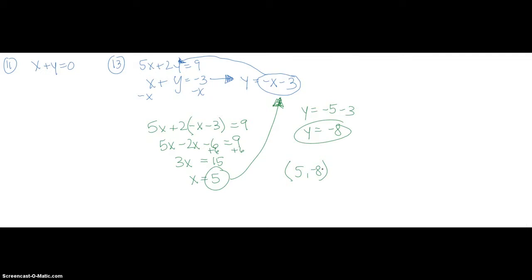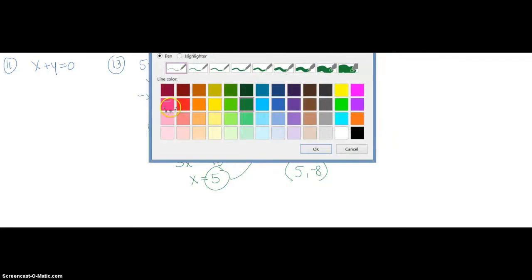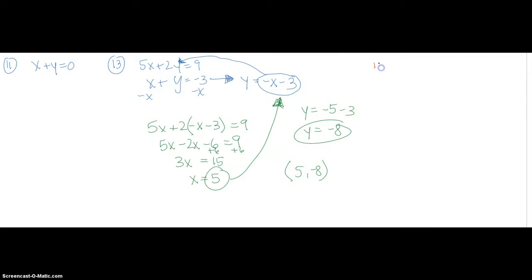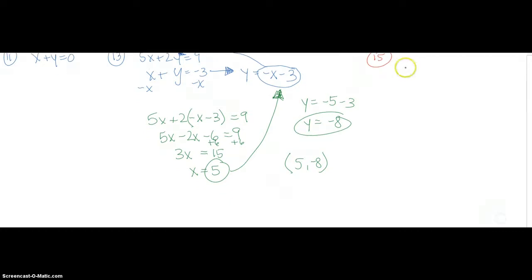Okay, what other problem do we need to see? Yep. Number 15. All right. 15, let's pick red. Can you read the problem, please? It's 11x minus 7y equals 9. Mm-hmm. And x minus